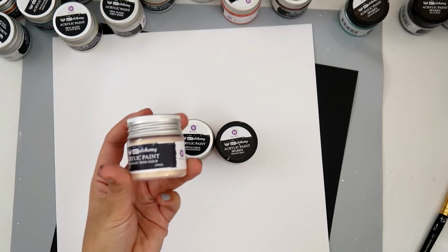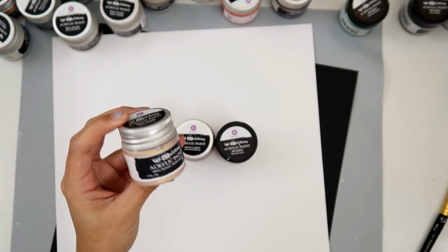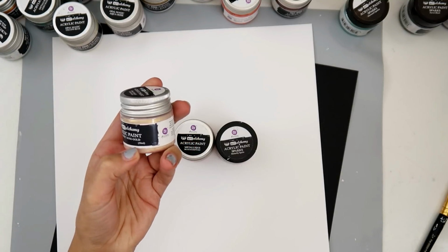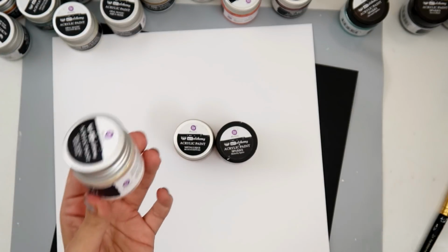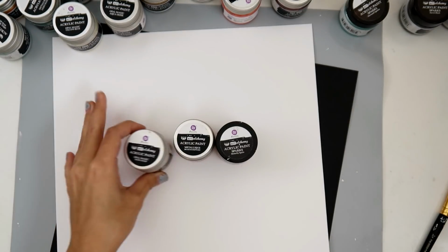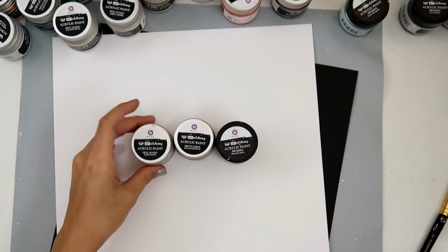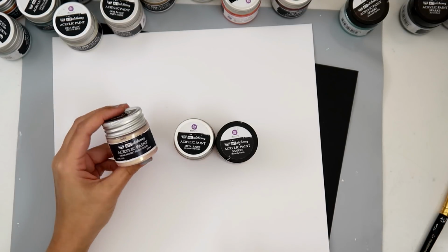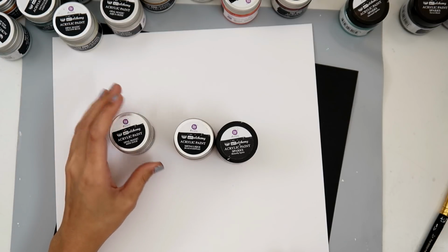So they come in these little bottles here, and there is 17 ounces or 50 milliliters. And there is a lot of paint. It doesn't seem like a lot, but if you're using them for mixed media and different things like that, then they go a long way, because I've had mine for a long time, and some of them I use all the time, like the